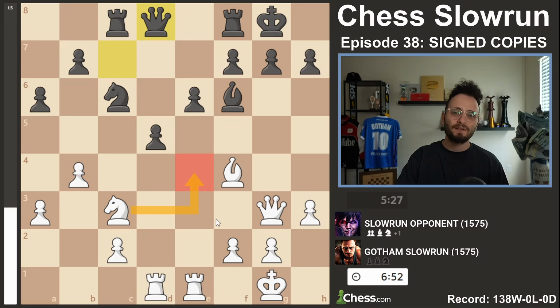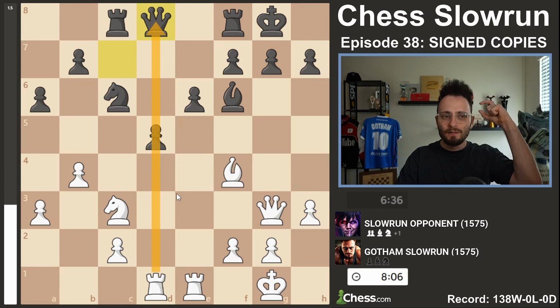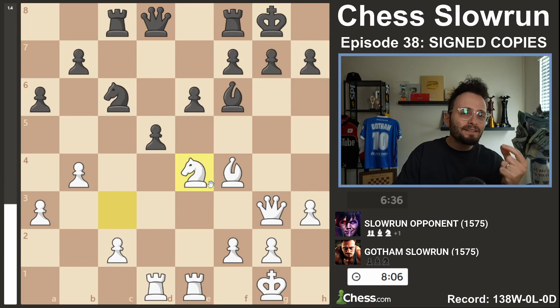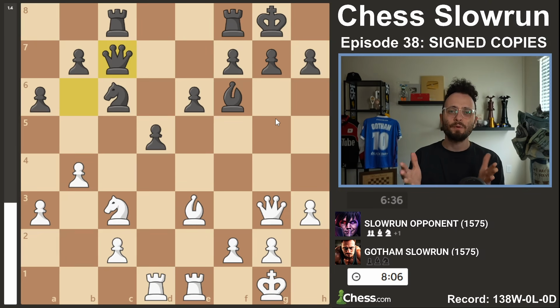And do you know how you find a move like knight e4? It's a tactical theme. Knight to e4 is what you do when your tactics are on the next level. Obviously, knight e4, pawn takes, you would spot this, right? But the existence of this needs to illuminate in your brain that this is even possible, and not that it's possible now. You have to spot the possibility of moving your knight to the middle when the queen is on the d-file before it even happens. That's what we are trying to unlock with the slow run,